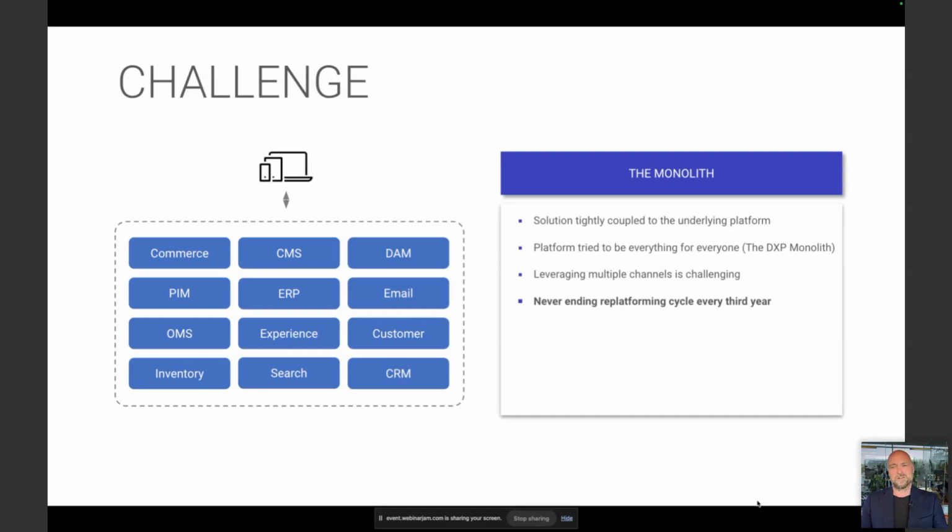And it turns out that we did succeed for many years to do that, but the challenge became apparent that once you do that, you have to re-platform every 3 to 5 years when the solution gets long in the tooth. The challenge with that, of course, is that as a business, you're standing still while you're re-platforming, and your competition gets a chance to overtake you, basically. So the monolith has worked well for a number of years, but it's time for something new,